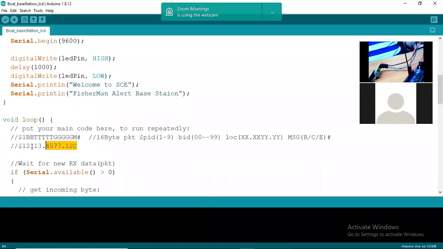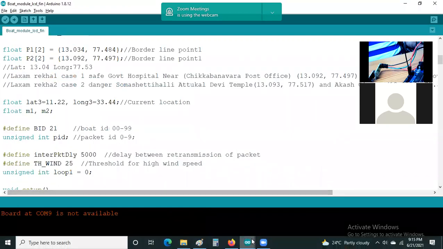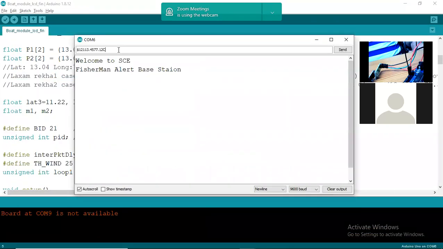So I was having this example packet. I'll just simply Control C, then put the packet here, and then transmit. What happened? Not receiving the packet. Yeah, it will not receive because I've not connected to LoRa.